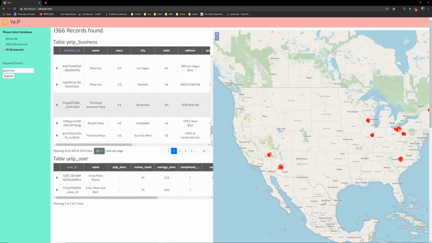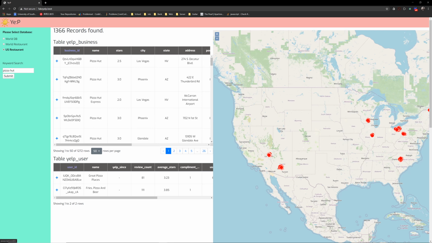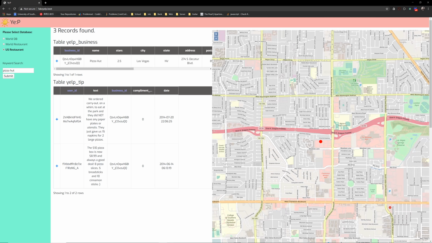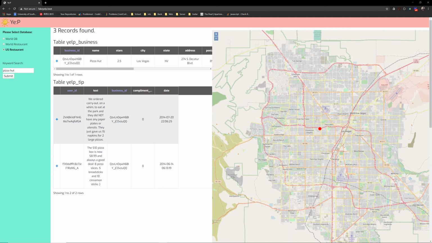That's because we sorted the returned data by relevance. That means the most relevant ones will come first. In this case, the Pizza Hut will come first because it is a perfect match. If we click on the first one, we will see its location on the map, and we can also see how many users have been to this restaurant before and what kind of comments there are. So there are 2 users,